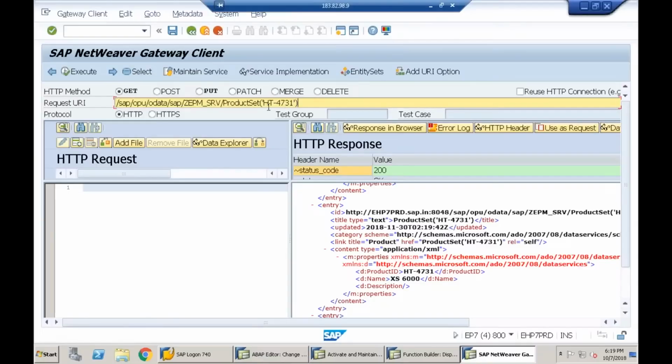So as part of the URL, in the parentheses, you provide the value for what key property. Then choose the HTTP method GET. When I execute this, it will try to execute the stub called get entity, which you have not implemented. So when I execute,